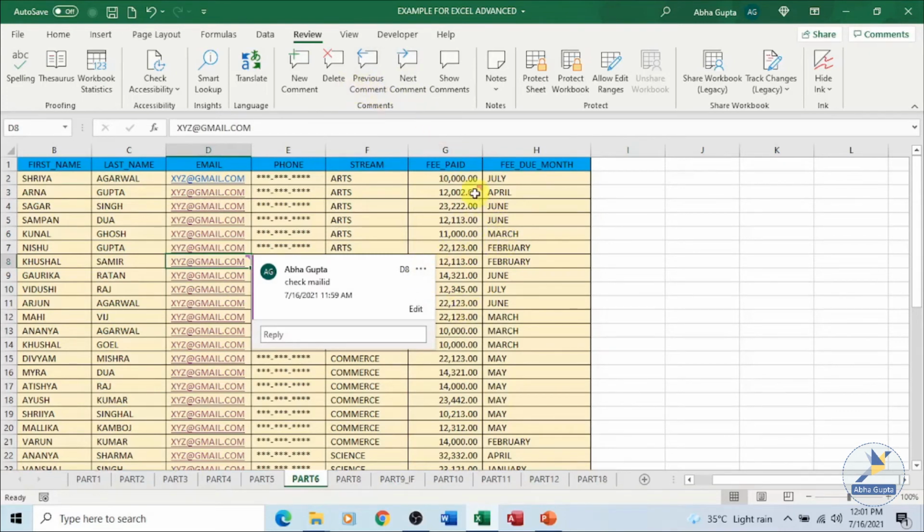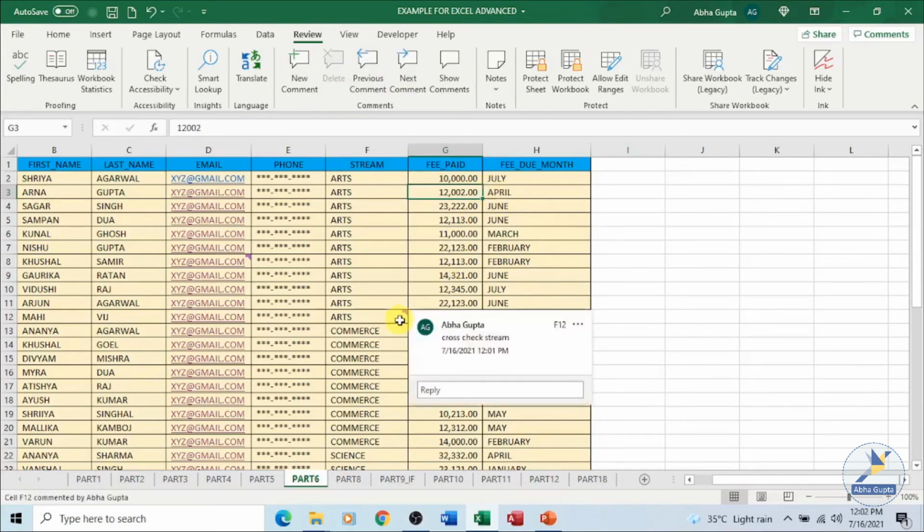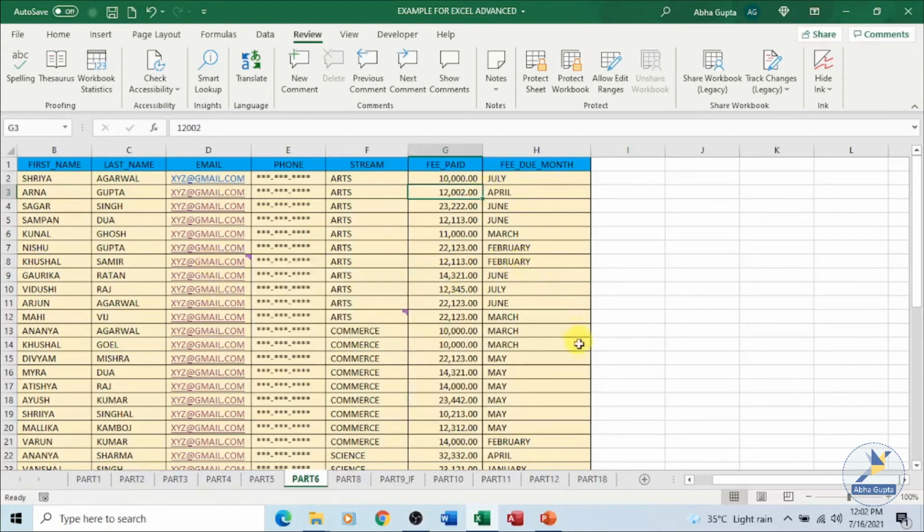Anytime you want to delete a comment, select that particular cell wherever the comment is being added and click on delete. It will remove the comment. The content will remain as it is. There will be no changes to the cell content. So you can always click and move to a particular cell and see the comment. You can make changes to the comment, you can edit it, you can delete the comment, you can go back to the previous comment, next comment. All those options are present under your review tab and the comments group.